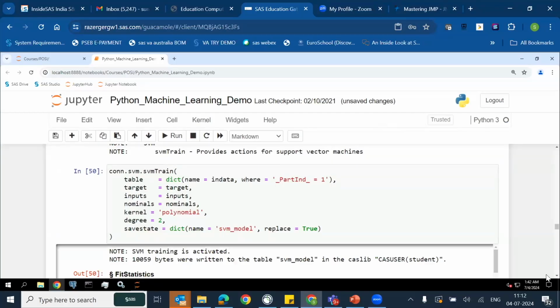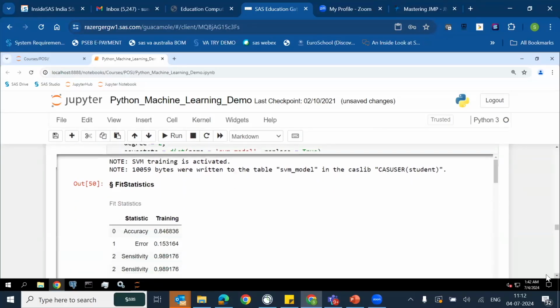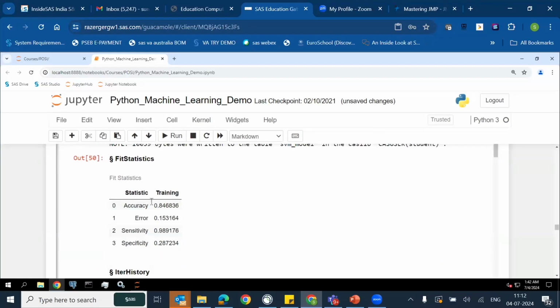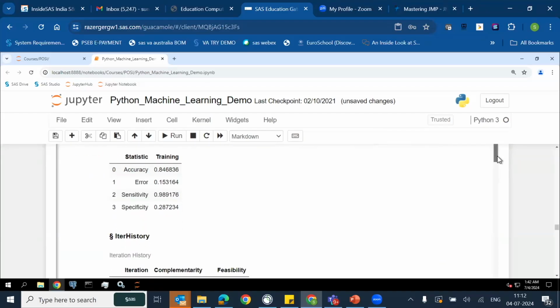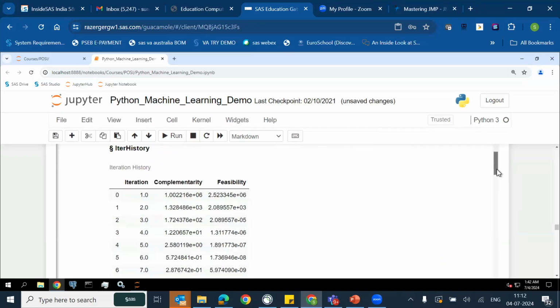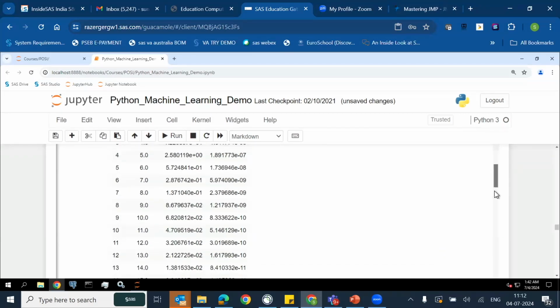So the SVM runs, and likewise in SVM, you would like to see some numbers like accuracy, sensitivity, and specificity. See, SVM is also called a black box technique because you don't have an equation to interpret. All you would see, okay, got the fit statistics, it predicts the accuracy is around 84%. All you have is just the iterations,